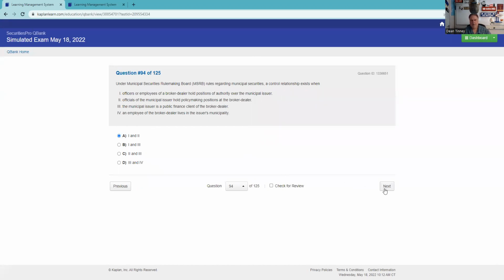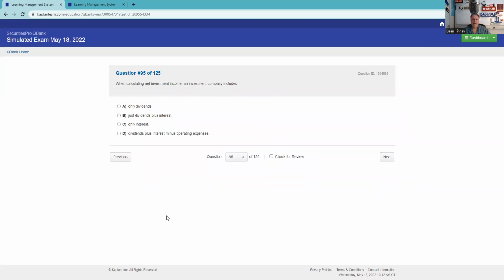Right? Common control. That's what that means. I mean, if I sit on the city council, I also underwrite bonds. The city goes to underwrite bonds. I go, hey, that's what I do. That's what I do. When calculating net investment income, the investment company includes DI 90, very testable, dividends plus the